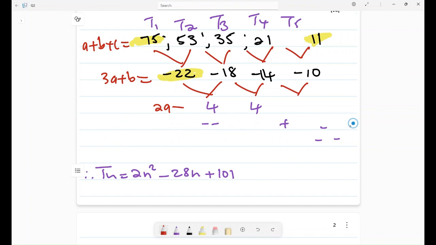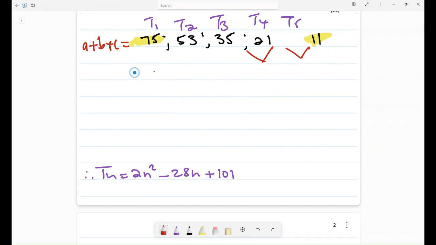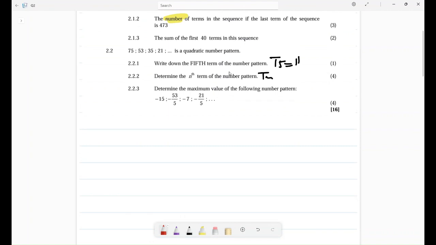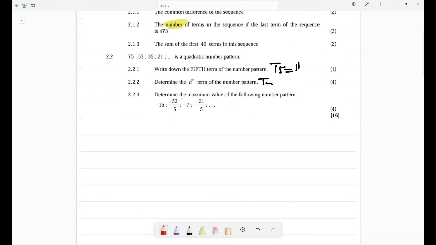So let's see the next question. The next question says to us, calculate the maximum. Oh, you are given a new number pattern here. So it says determine the maximum value of the following number pattern here. So what you have to do is find Tn for this one. But now, if you are to find this Tn, you'll find out